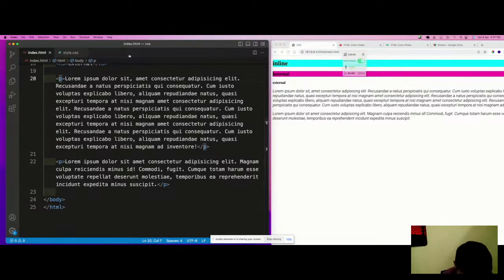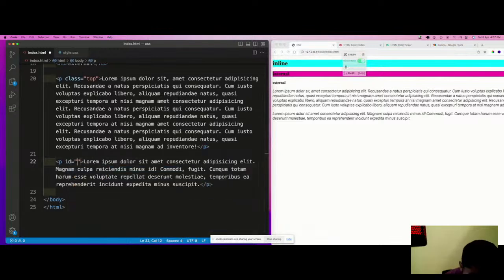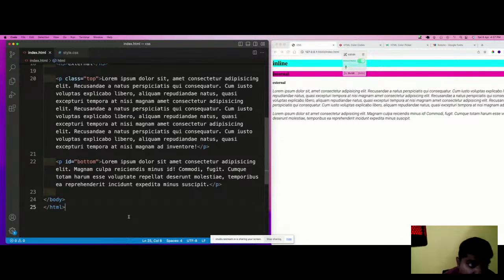We have a class name as top, and an ID as bottom. Now, what are classes and what are IDs? Classes and IDs both are used to target HTML elements.